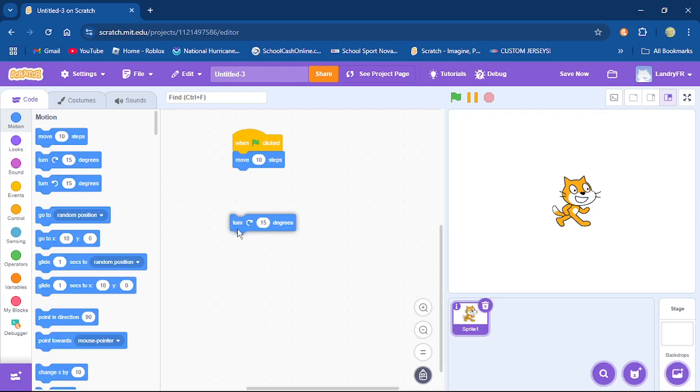This button means turn 15 degrees. Now, does that mean your guy's going to go on a diagonal 15 degrees? No, all that means is your picture itself is just going to slightly rotate 15 degrees. See, when I do that, that's what's going to happen. You can completely do a full circle to 360 degrees, and then he's back to where he started. All right, so that's what this does. The opposite one is exactly that. It's opposite. You want to go the opposite direction.